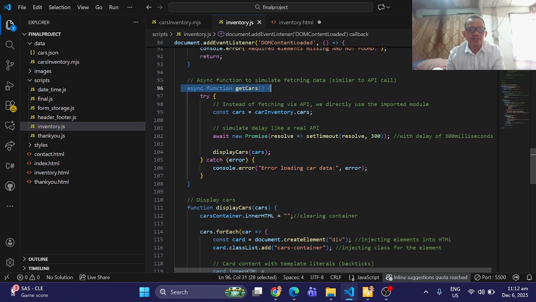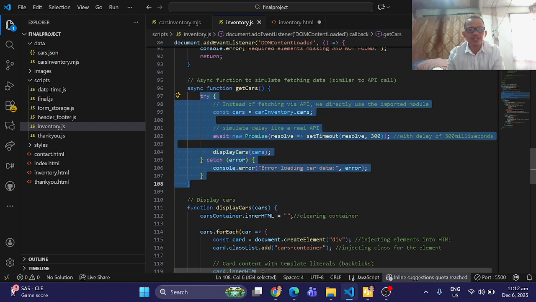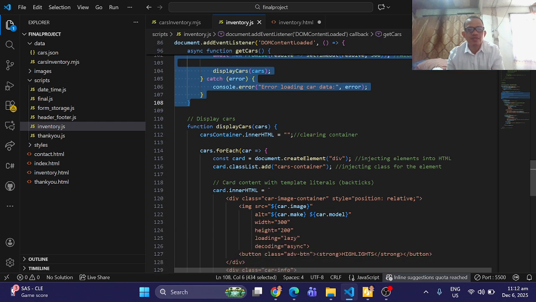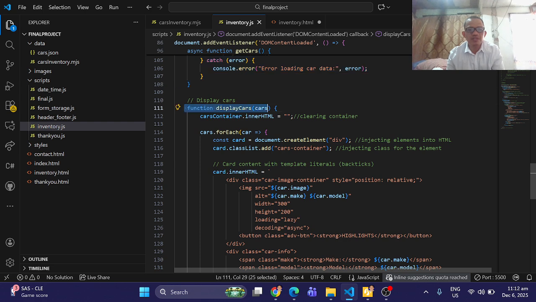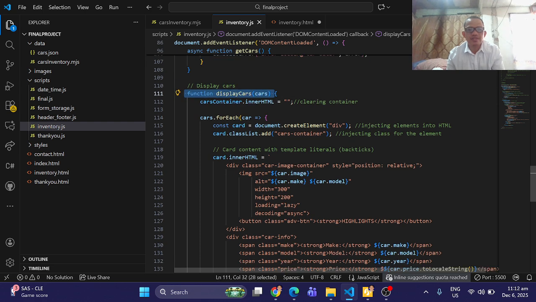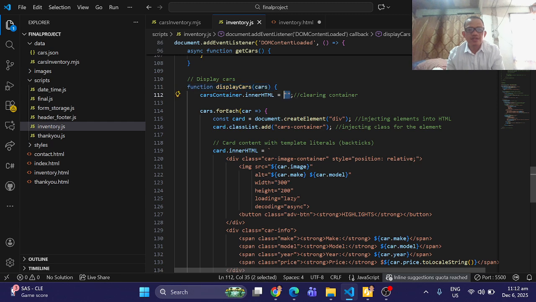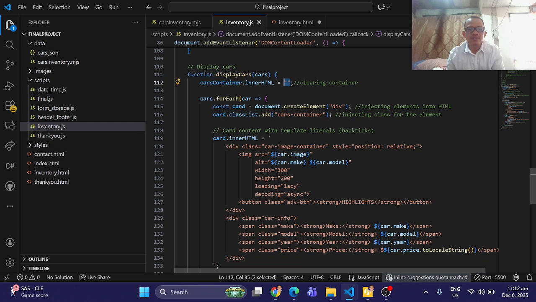Then we are using the async function getCars, an asynchronous function, and we are using the try and catch block to handle exceptions. And we are also using the displayCars function. This is very important because it will manipulate the content in the inventory file. This one clears the content in the HTML.